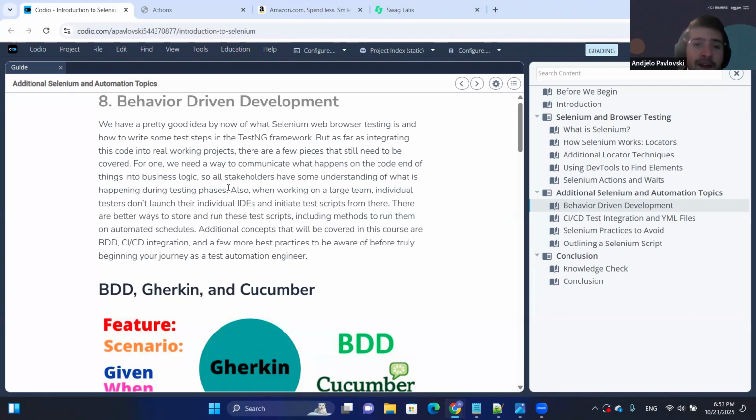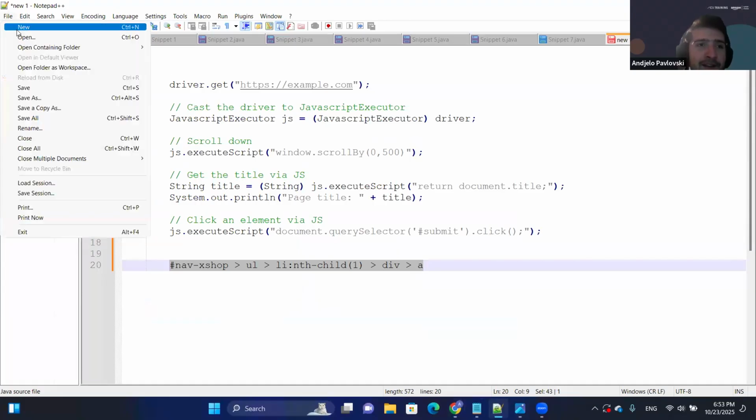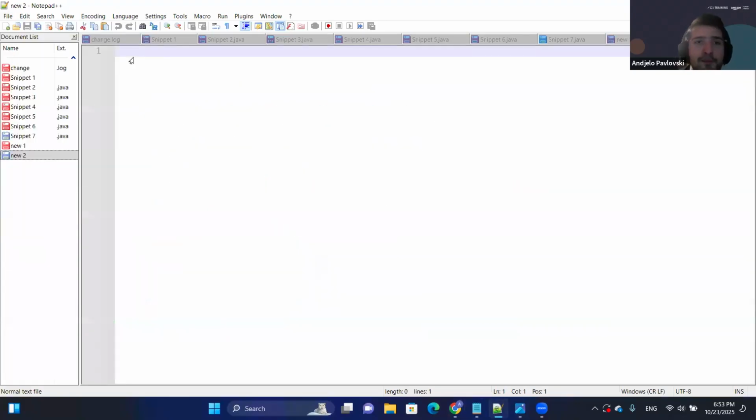that basically states that you have some scenario and you want to describe the scenario using the syntax given, when, and then. So given, when, then is the Gherkin methodology. And how does the Gherkin methodology work? Some of you might have heard of it, some of you may have not. The way that it works is, I'm just going to open a new file here. Instead of writing, when I'm on a page, I should, let's say, see the content. So instead of writing this and presenting it to somebody along with the code that you have,